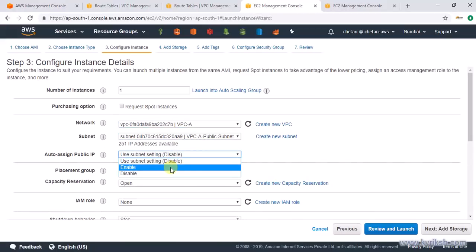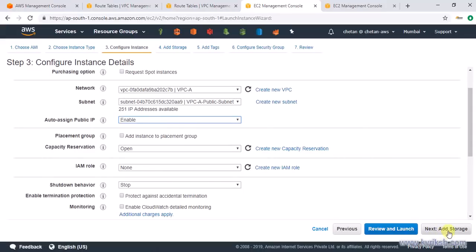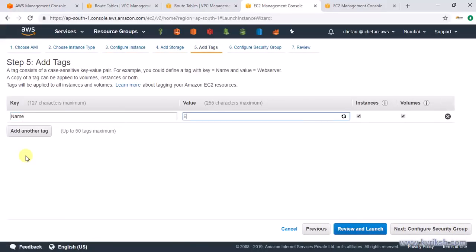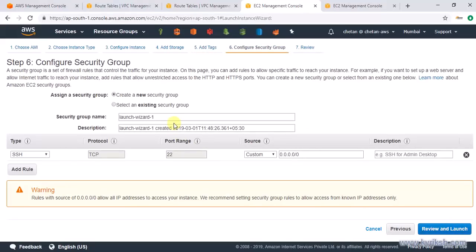Note that I want to have a public IP on this EC2 instance if I need to, say, SSH. And then I will add storage and tags. I would name it EC2A instance. Now security group, I would say it's VPC-A security group,